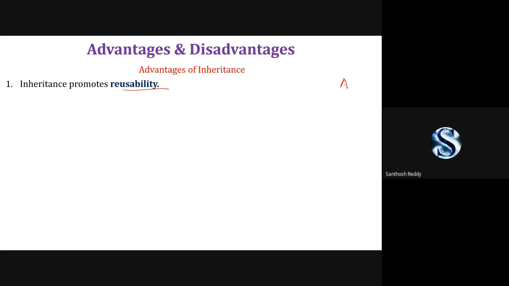Suppose we have a class called A and a child B, where we are inheriting the properties. I have written a method called sum. The same sum has to be used by B. When I create a relationship, whatever sum code is there in class A can be extracted by class B. So I need not recode the sum method. It is the reusability already there in the parent class. You can extract it and work with it. So we are reusing the method which is present in the parent class.